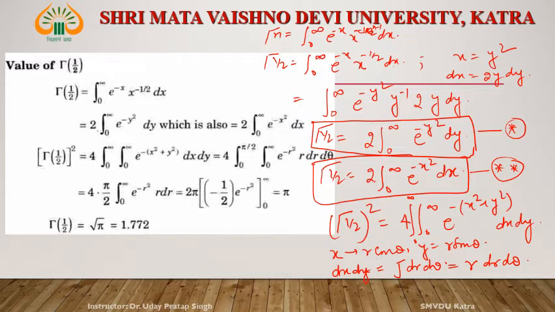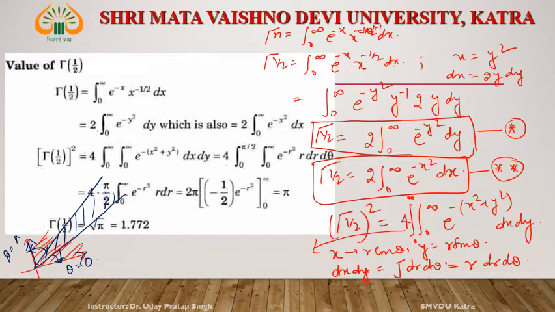Then this term becomes 4 into, right? See, the range of integration is this one. If we convert it into polar coordinates, then we have to consider one strip. Say this is the strip. If we sweep this strip, this strip will come to this part and this strip will go to this part. One portion is up to the y-axis and one portion up to the x-axis. The x-axis is theta equal to 0 and the y-axis is theta equal to pi by 2.